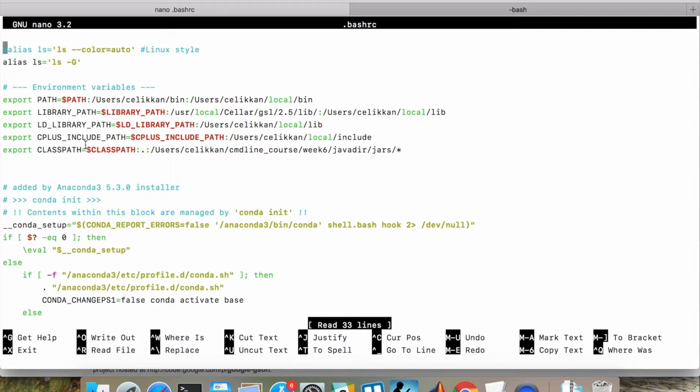The second one is the CLASSPATH. The class path is a list of directories that include Java class files and jar files. The Java compiler and Java runtime search through the class path entries for finding the classes referred to in your program. Finally, JAVA_HOME and JRE_HOME keep the locations of the Java Development Kit, JDK, and Java Runtime Environment, JRE, respectively, so we can export them, for example, using